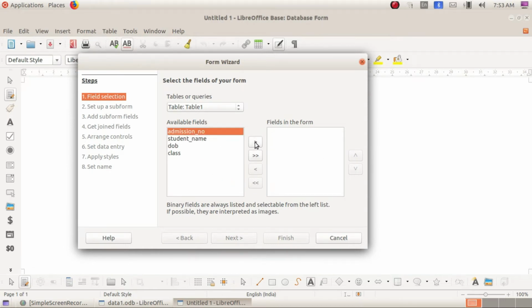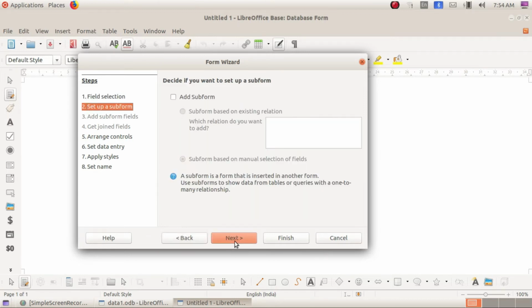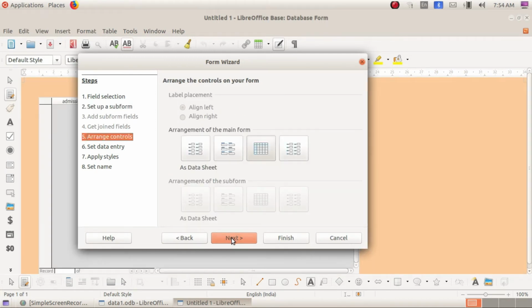If I need 1 or 2, you can select by this, or else I can click on this double arrow, so all the values will be present in this form. Okay, and click next step. No need of creating any subforms. Click on the next one.